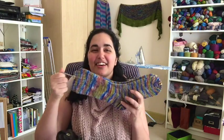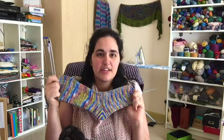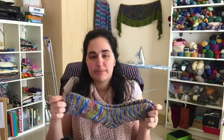Seven minutes in and we're finally into the knitting. Okay, so first things first, I have a pair of socks off the needles. Yay! These are my Doctor Who socks, Vincent and the Doctor is the colourway. Doctor Who inspired yarn,